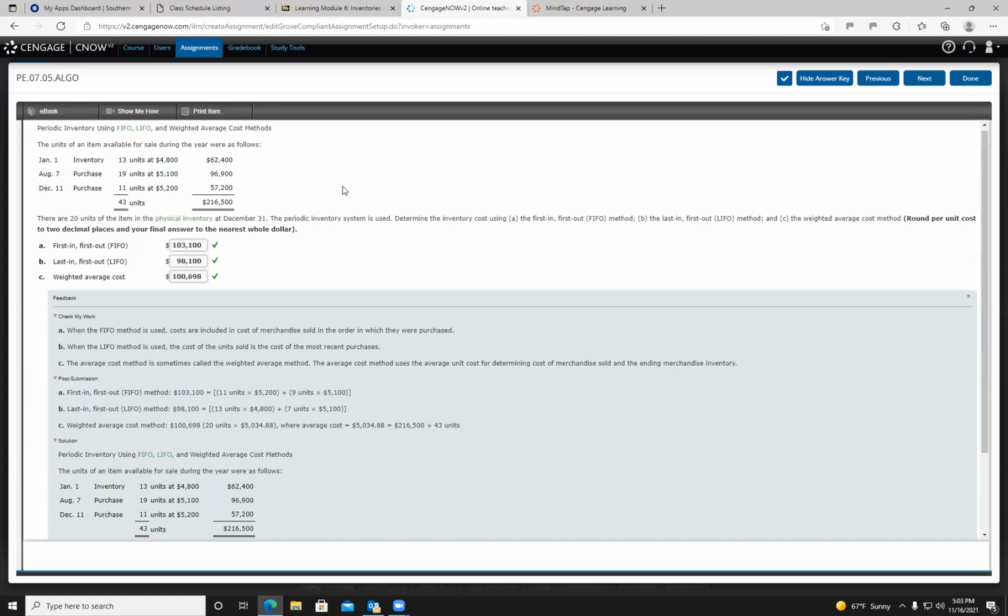All right, so if there are 20 units of the item in the physical inventory as of December 31st, the periodic inventory system is used. Determine the inventory cost using FIFO, LIFO, and the weighted average. Okay, so under the FIFO, all right, we're to assume